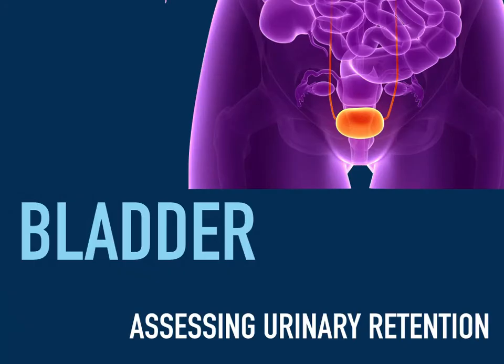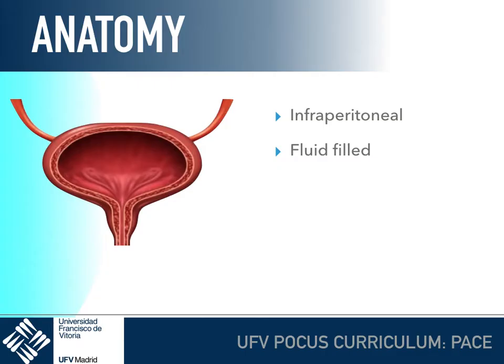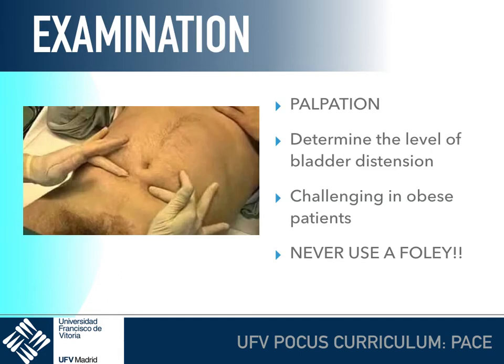The bladder. There's one situation in which ultrasound is a game changer. It is the urinary retention. Remember that the bladder is an infraperitoneal and fluid-filled structure. And for evaluating the urinary retention, that in some cases can be really challenging, we have to use palpation. So we have to determine the level of the bladder distension above